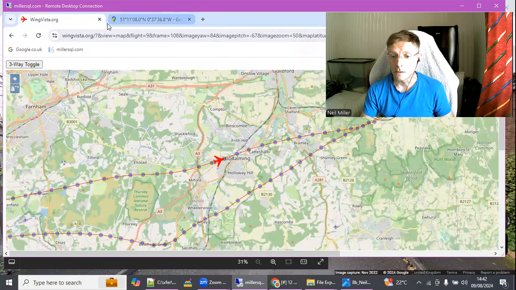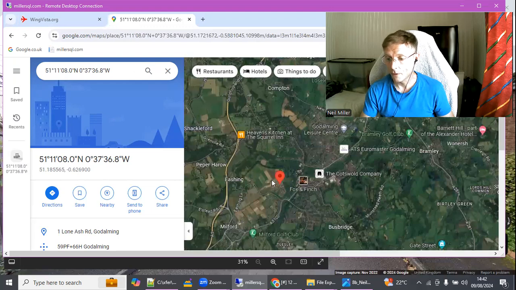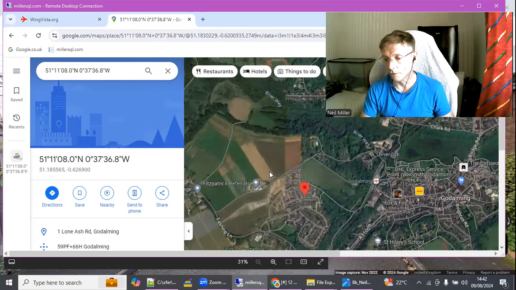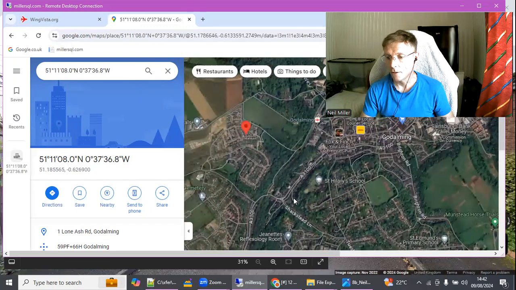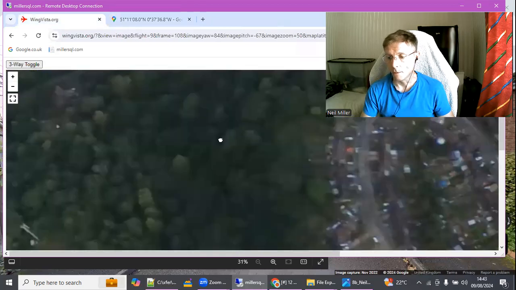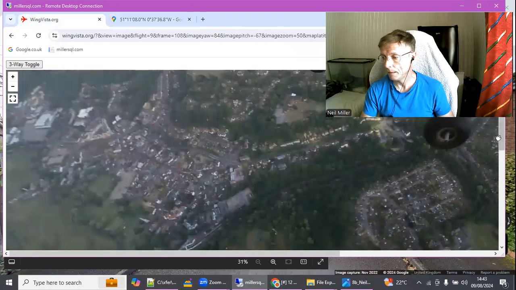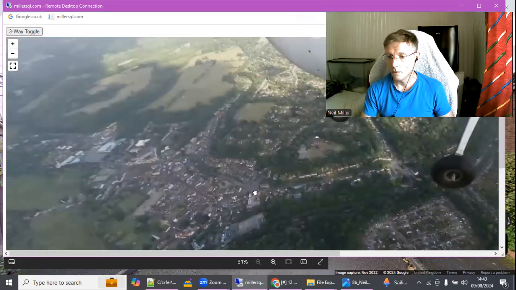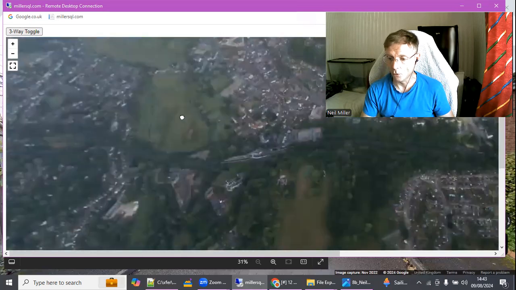So let's go back to here again. If I zoom in, we can see there's this straight ahead to the right of here. We've got this slightly rectangular field shape, and then Godalming railway station just beyond that. So if we go back to Wing Vista, click on the toggle, I'll just come out of it, and then let's look, so that's the forward direction. We go back to the forward direction again,